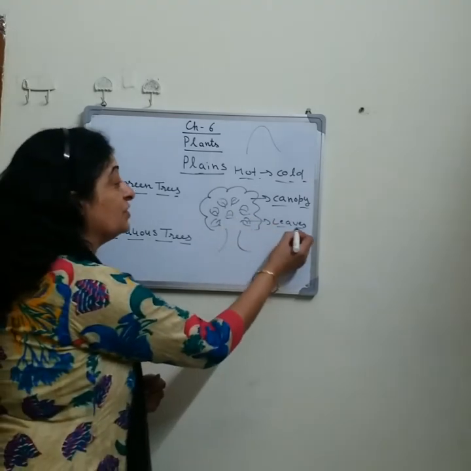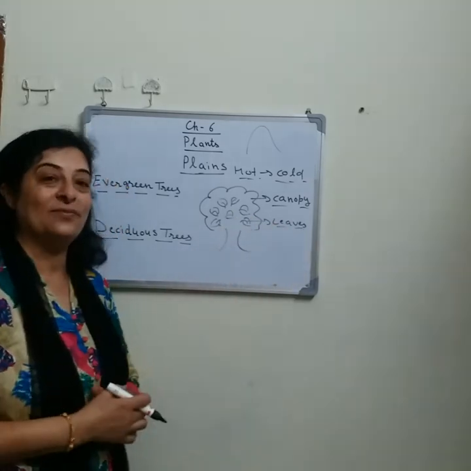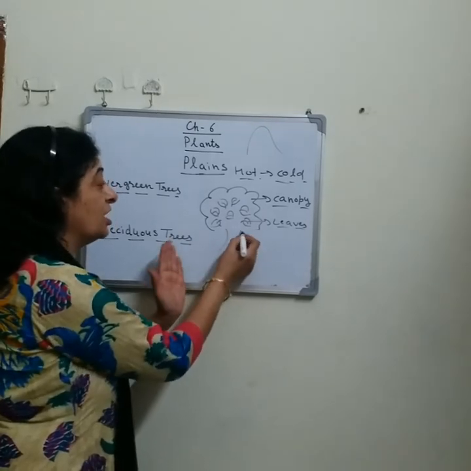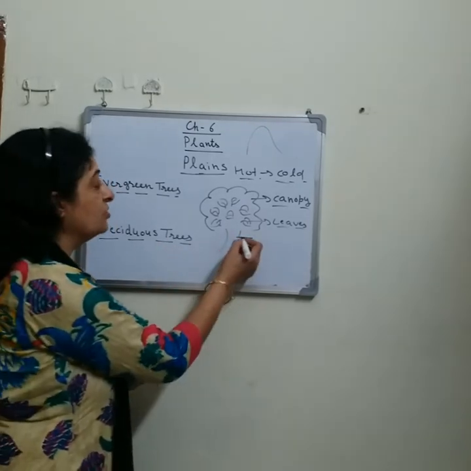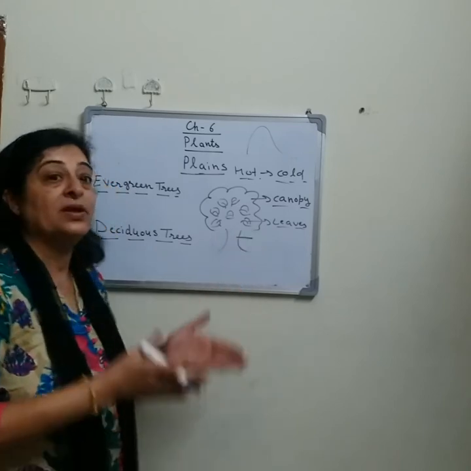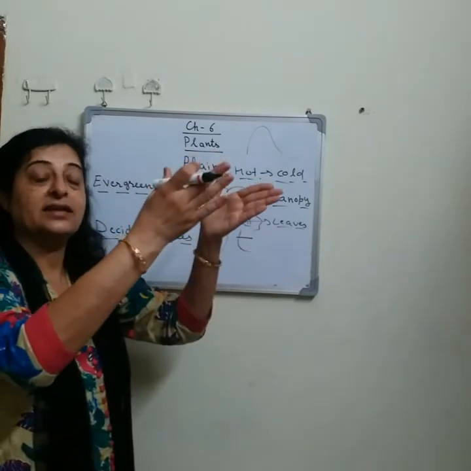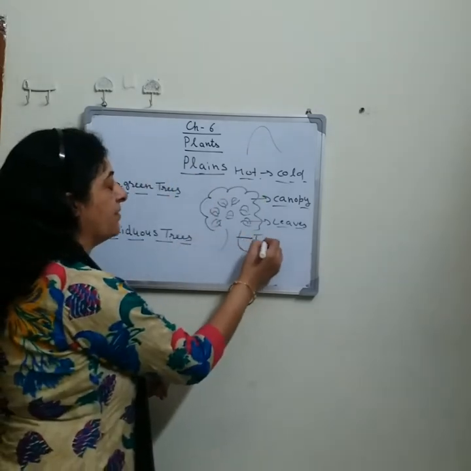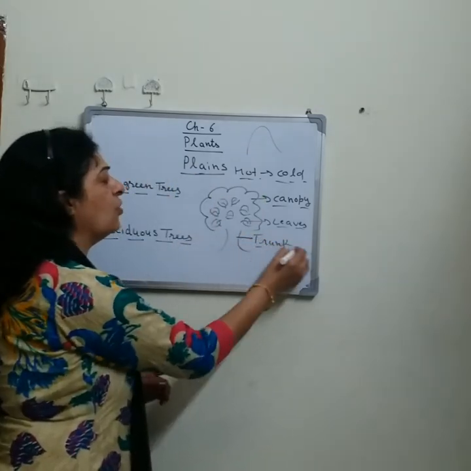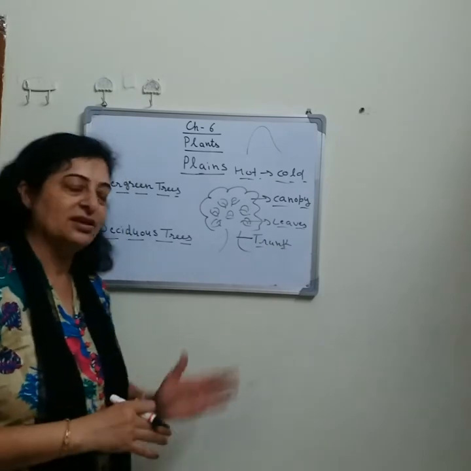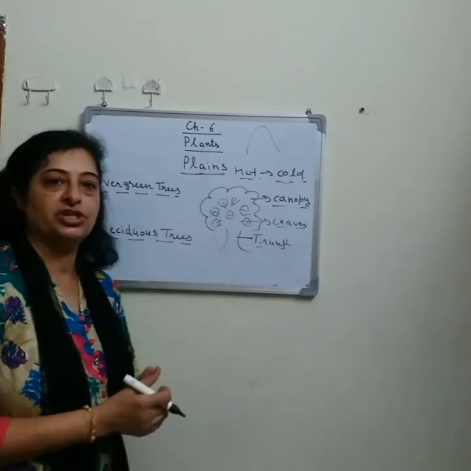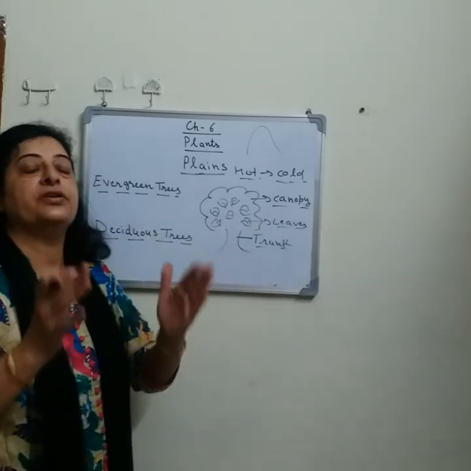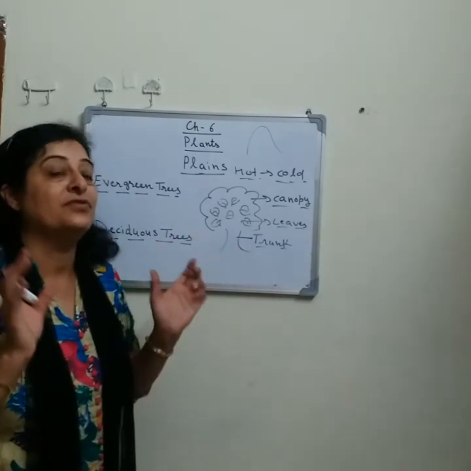So leaves are the main part of a plant, and you can see here there is a thick trunk. This thick trunk helps the plant to stand upright, as well as protects it from the winter or any adverse condition. So this is the general structure of the plants found in plains, and according to different areas plants have different adaptive features.